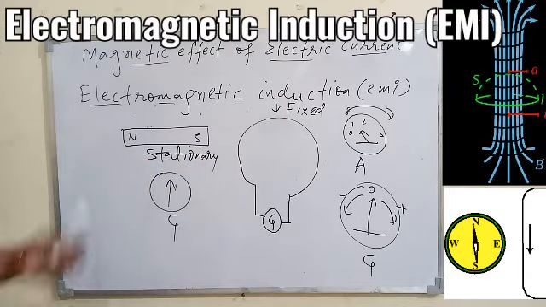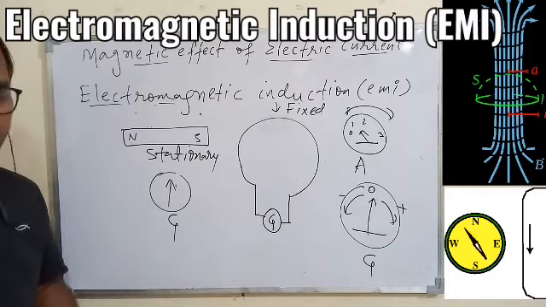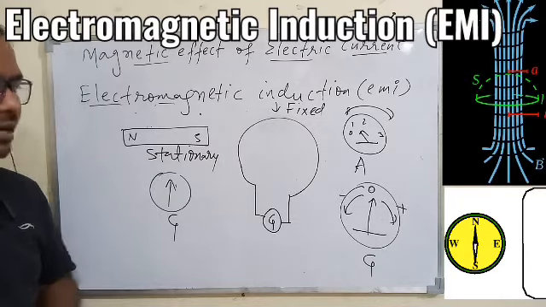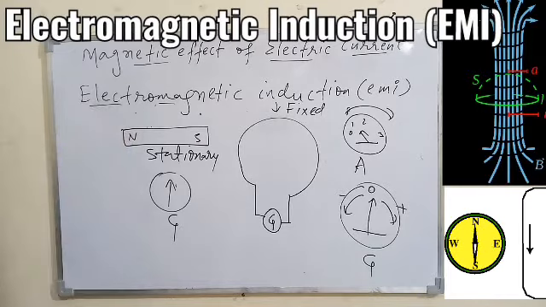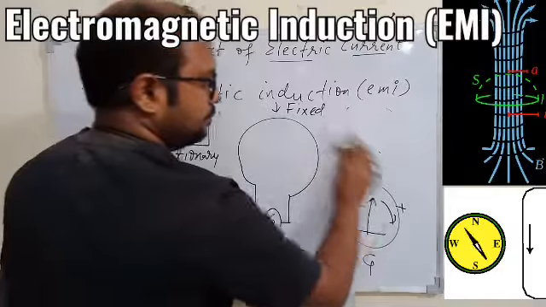This activity I basically demonstrate in the school. Practically we can see it, so once the school reopens, we will be able to see practically how it happens. With the help of the magnet, we can produce current in the coil, and this phenomenon is nothing but electromagnetic induction. So let's understand it properly again.